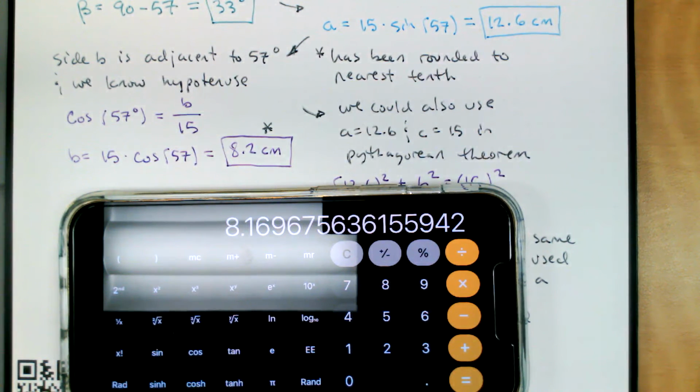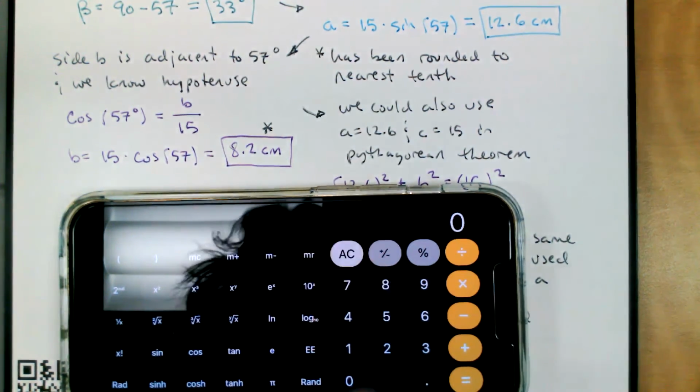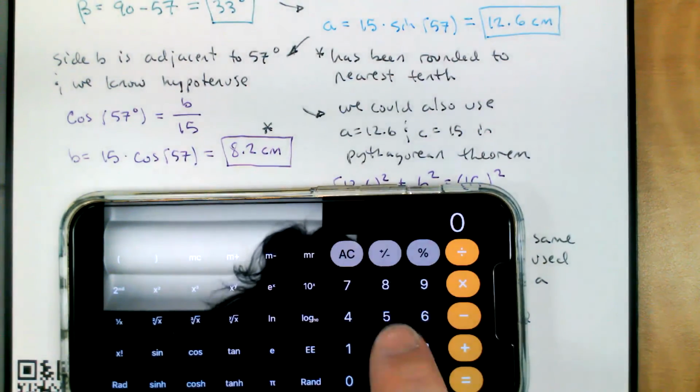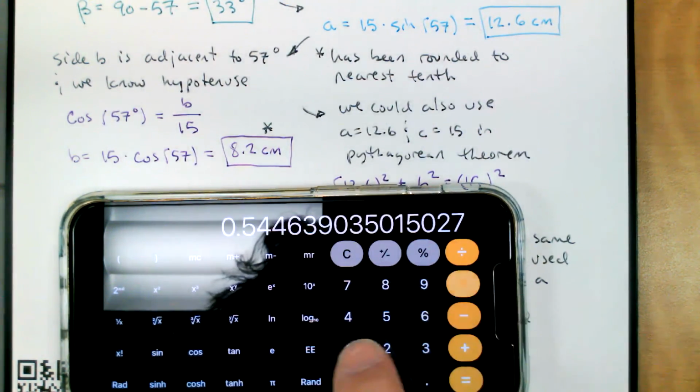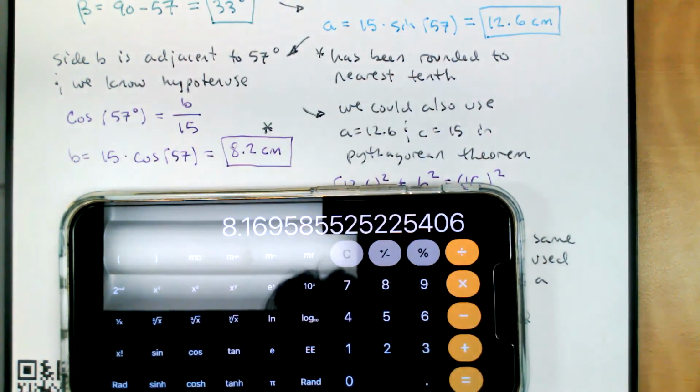But the 12.6, that's been rounded too much to use in further calculations if we're going to be rounding our answers to the nearest tenth. Any questions? Note that we will get the same 8.2. So let's see, 57 cosine times 15. So that was going to be